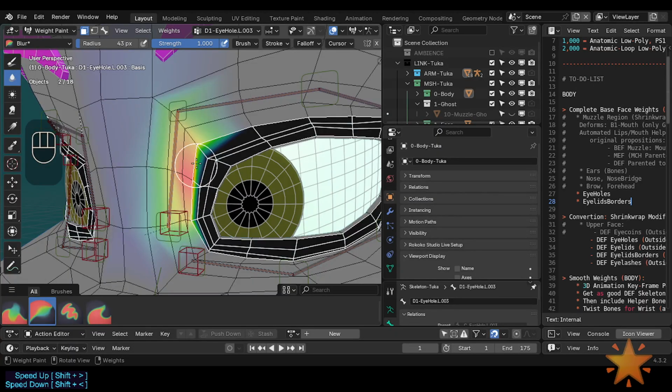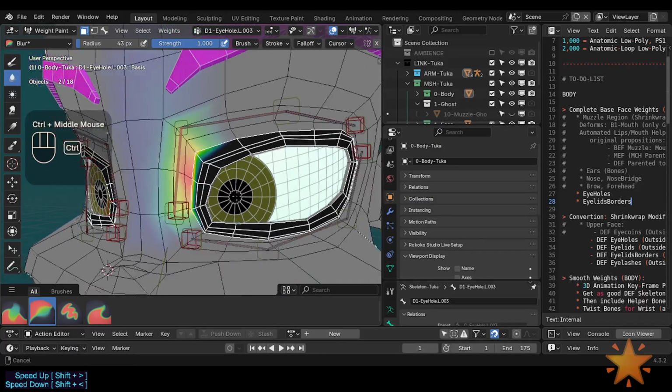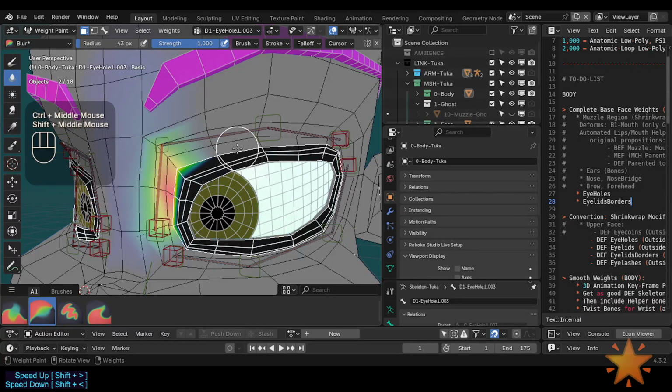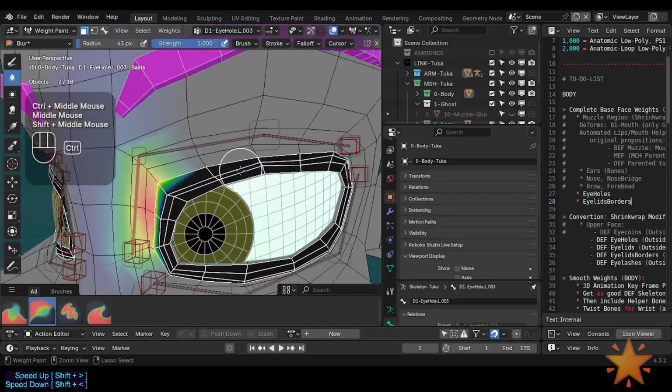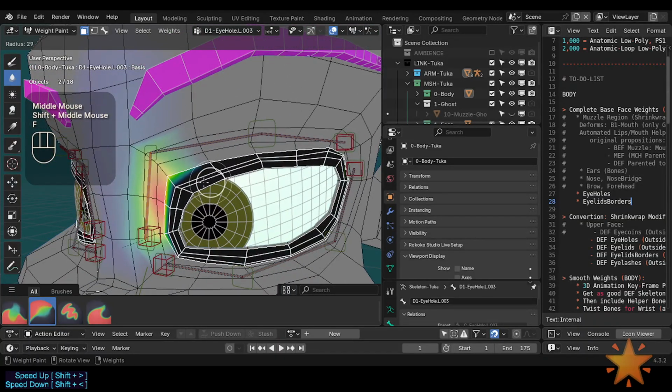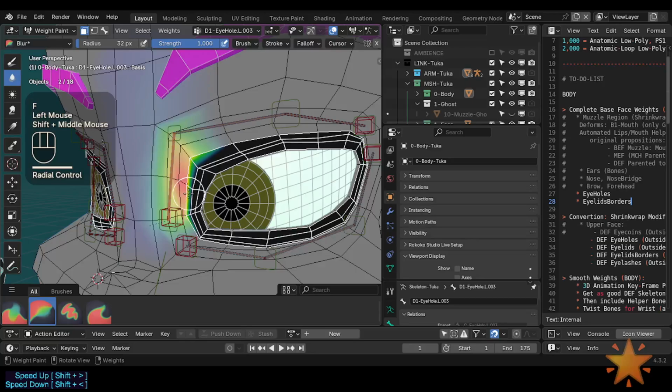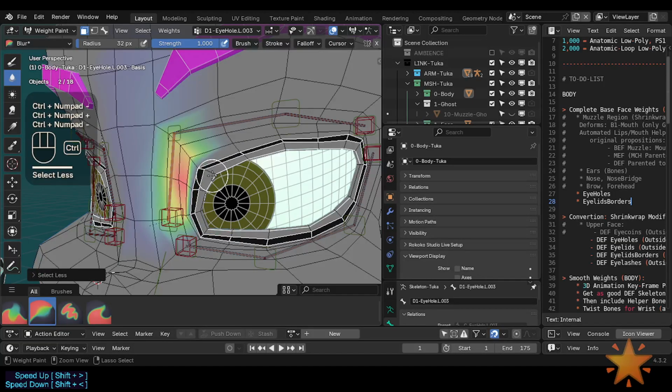Actually, I don't want to lose these waves, because this edge loop here, or this part of this edge ring, corresponds to the top lid crease anatomic feature, and this is the bottom lid crease. So this is the interface between the skin of the face and the skin of the eyelids. These lid creases are very important as a reference for cartoon expressions also. So I'm going to reduce this thing here,